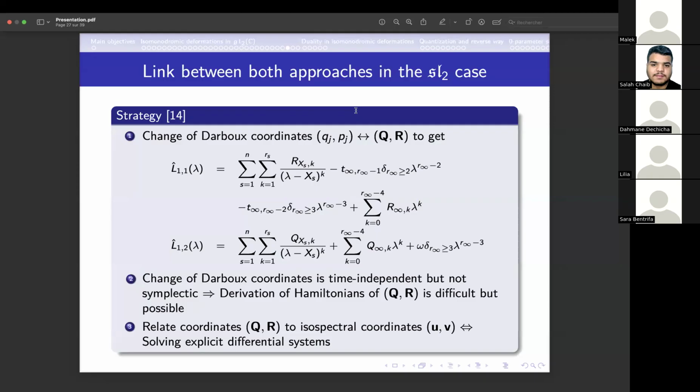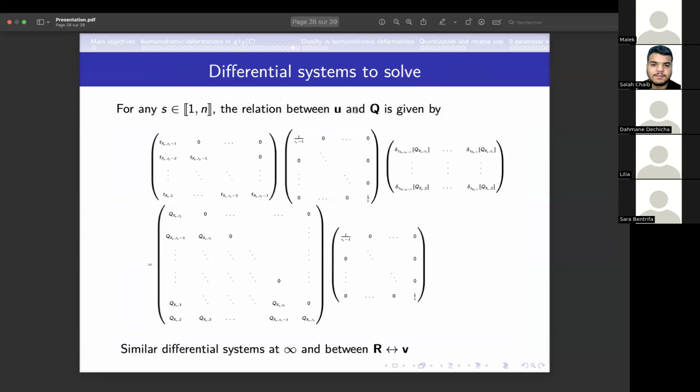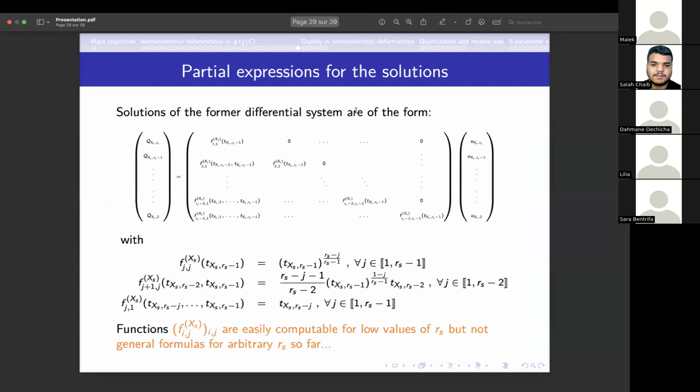However, the systems are both linked through this change of coordinates, which is time dependent and non-symplectic. This is what we got. We got a differential system to solve as a function of these two coordinates, and we got a system of functions that relates the two approaches. So what is the interpretation of this? Why are these two coordinate systems not the same, and why are they time dependent and